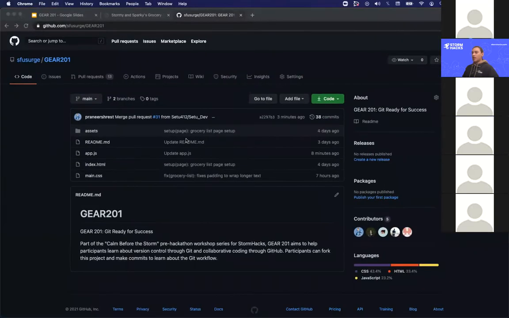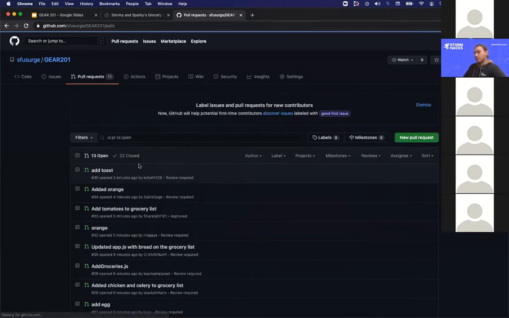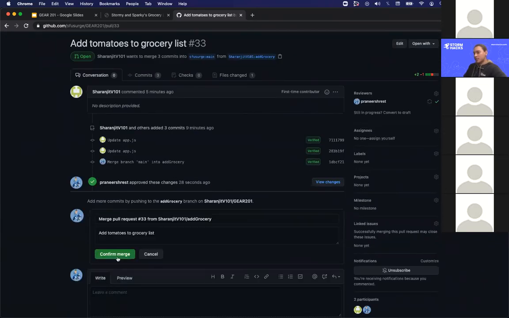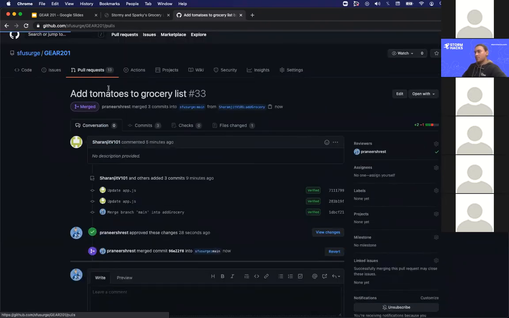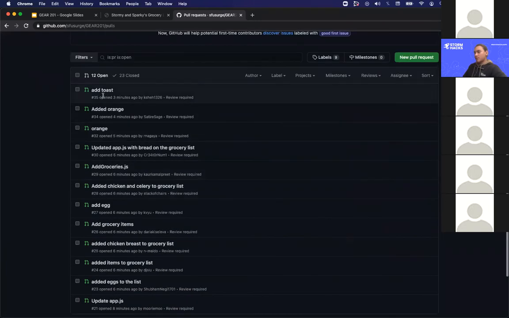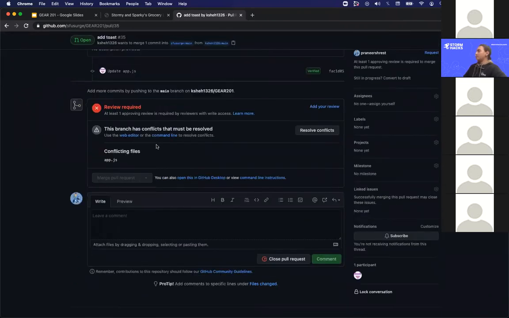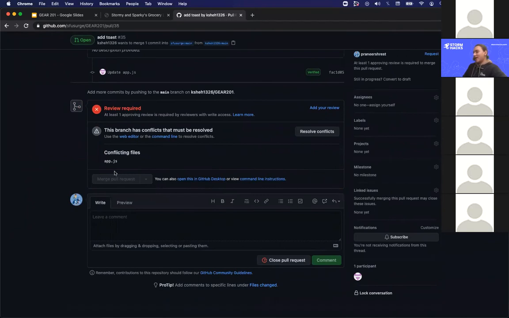I'll get into more. So pull requests, you can do it via GitHub. You can also do it via your code editor. So let's say I merge this, and let me go to another pull request, add toast. I don't think toast is a grocery, but maybe it is. Anyways, if you want to do this in, let's say, your editor,